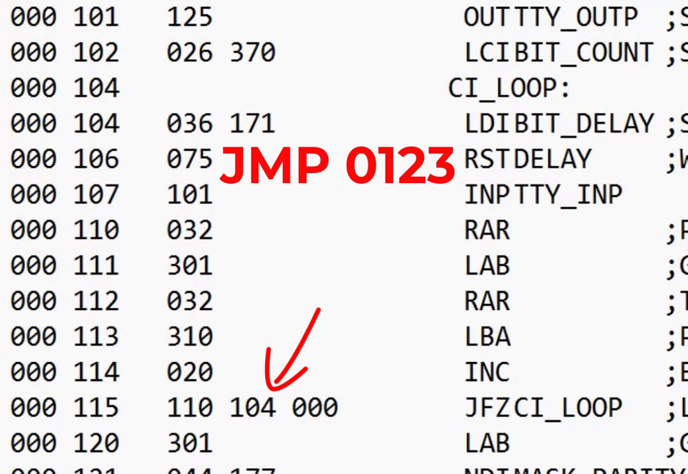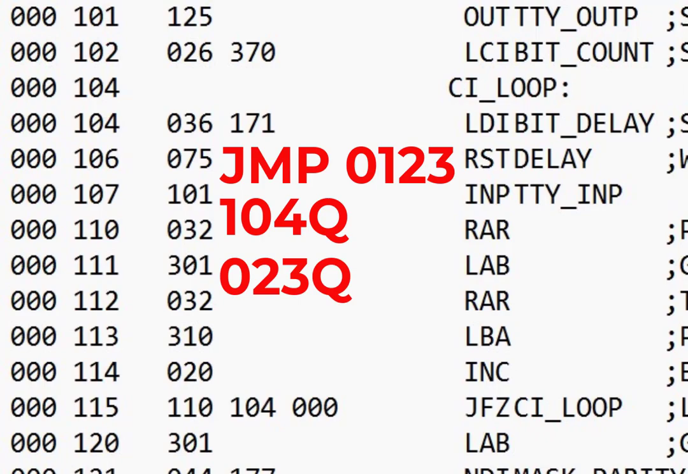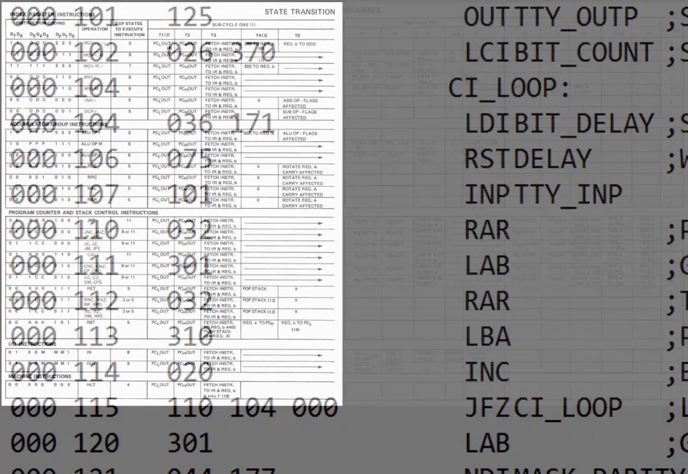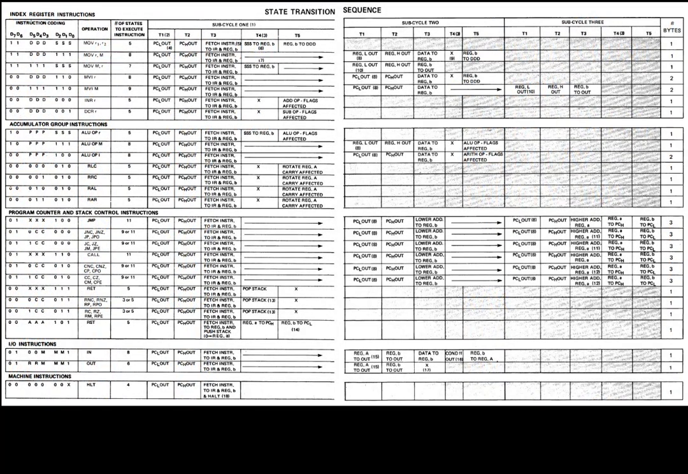Jump 0, 1, 2, 3. For a non-conditional jump, we'll have the machine instruction 104 for the jump, and then the next 2 bytes will be 023 and 001 for the destination address in Little Endian style, of course. This state transition table found in the 8008 data books is one of the handiest, useful, and informative tables in